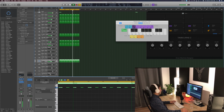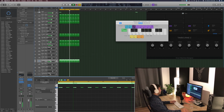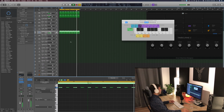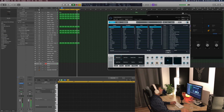I like that. Stereo delay here. Start, but it's good. Alright, so this is all arranged like that. Then we're gonna go into our Alchemy synth, and then we're gonna pick up a bass patch. Alchemy is here. We went to bass, and then